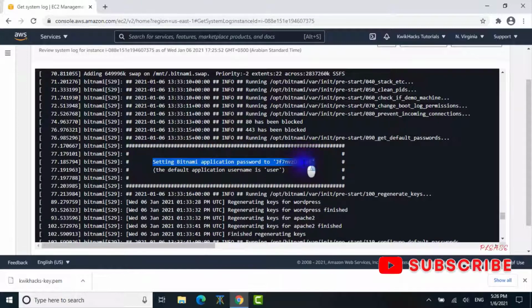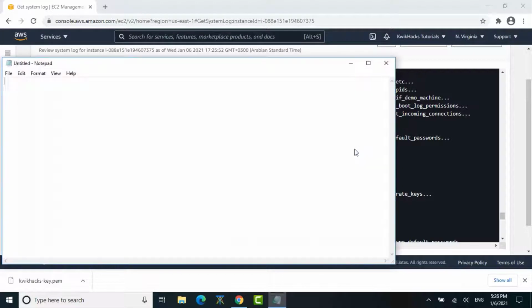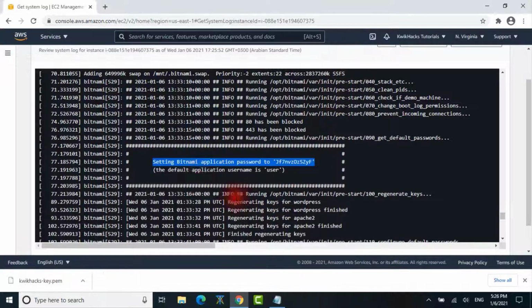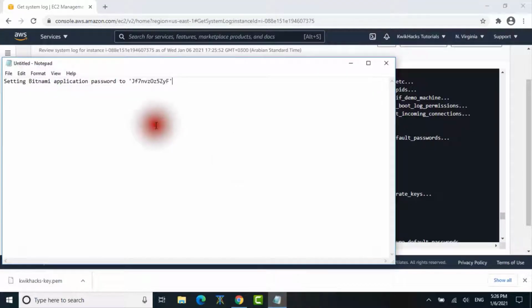So just copy and then paste. Yes, we copy, open Notepad and then paste it in Notepad. You can do the same for the username, or you can just keep the username in mind. The default application username is just user. You can either just copy and paste it like I've just done, or you can just keep the